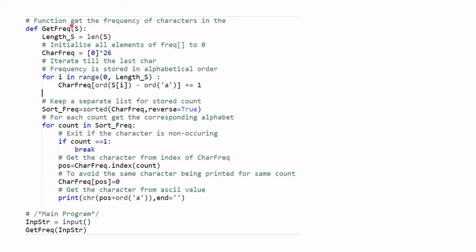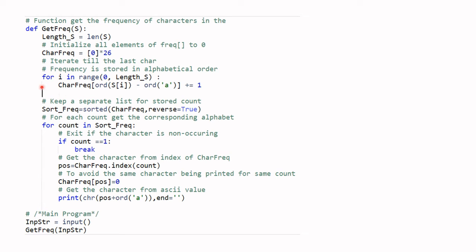What we are doing is, first we get the input and then we create a character frequency variable, which is a list of zeros. This is the list that is going to hold the frequency of each character. Till the length of the input, we count the occurrences and place them in the frequency list.